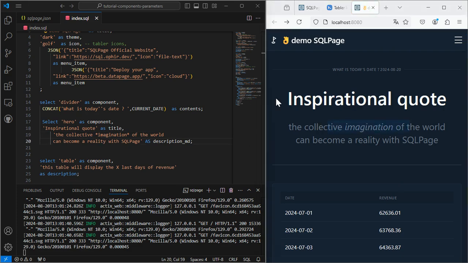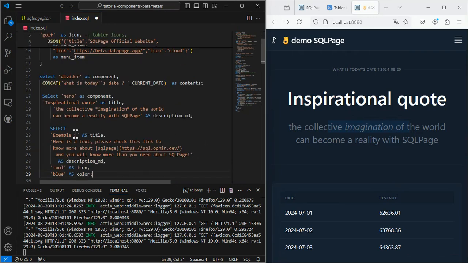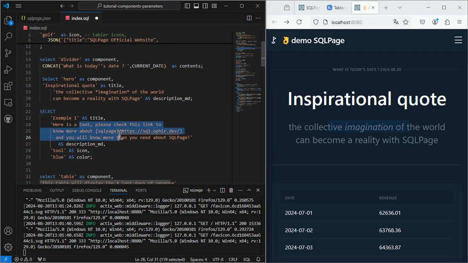Just like we did for components to display data, those components also have row-level parameters. For the hero component, we can add a row-level parameter like this with a title, example 1, a text, which is the description, an icon, and the color of the icon. Let's save it.